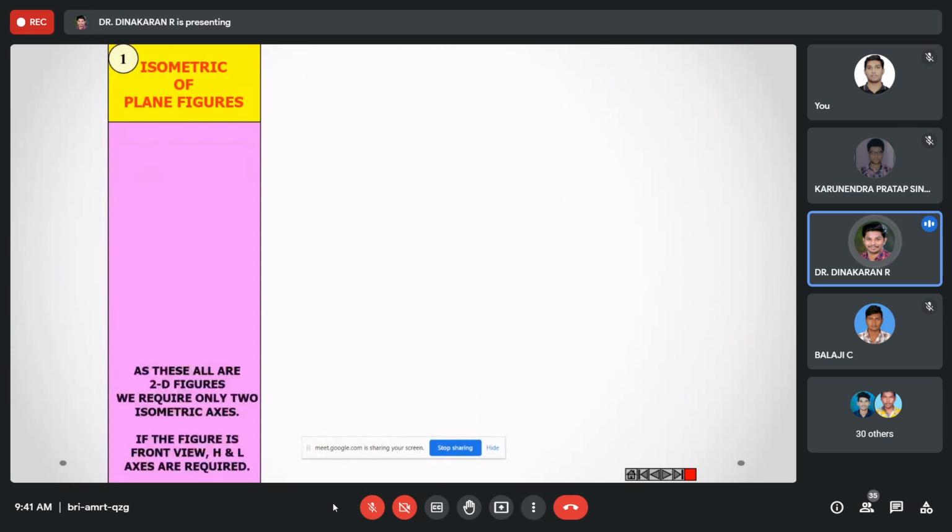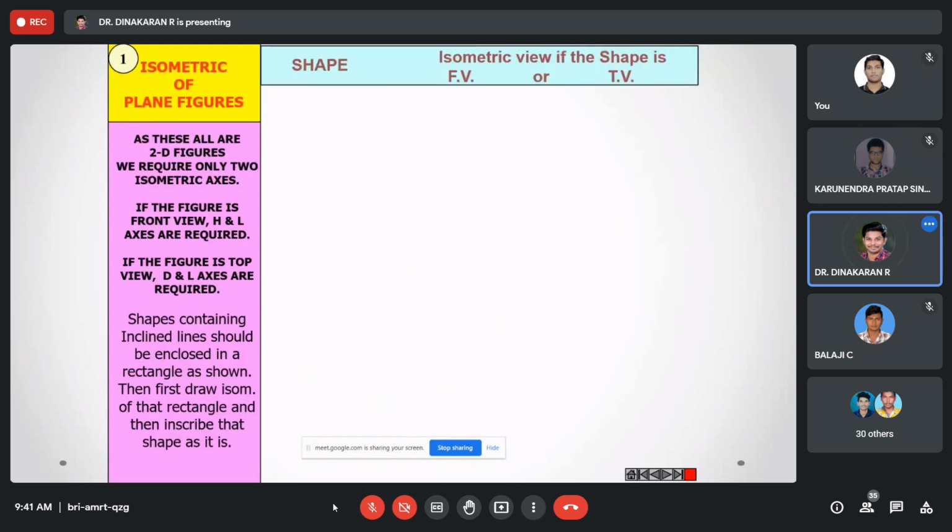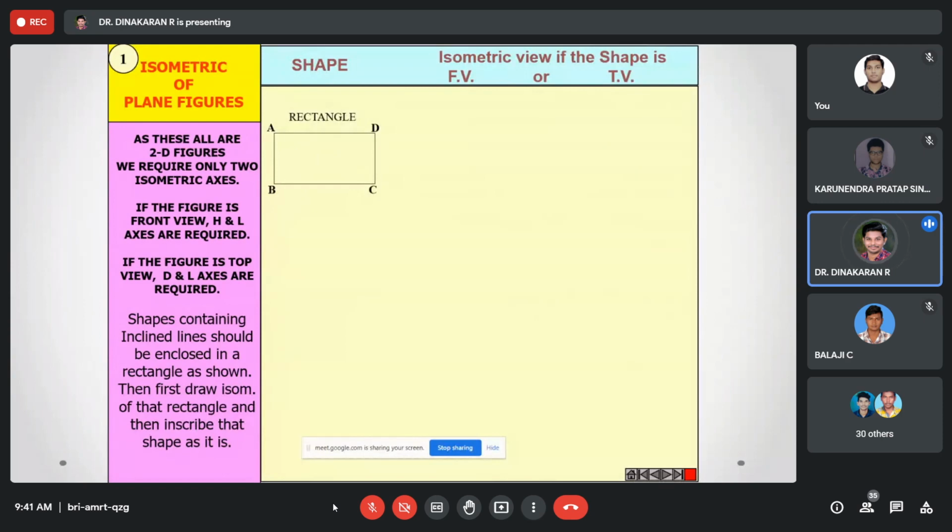Now, some isometric figures. I will show you. This is a true shape. How do you draw this isometric front view and top view? For that, listen carefully. We need to make an angle of 30 degrees between the bottom line and the horizontal line. Then measure A to B, how much, and B to C, how much, and mark down this conversion. We will get the final closing of this isometric front view.